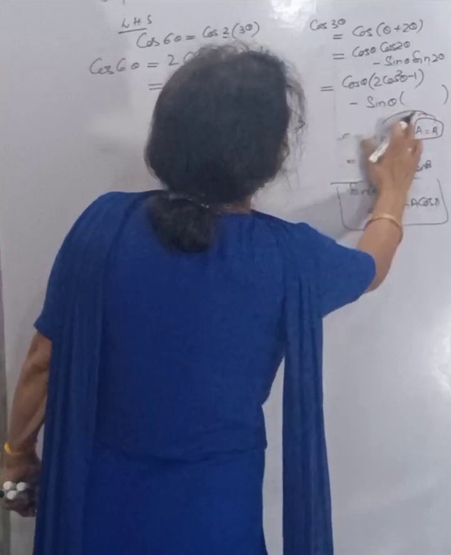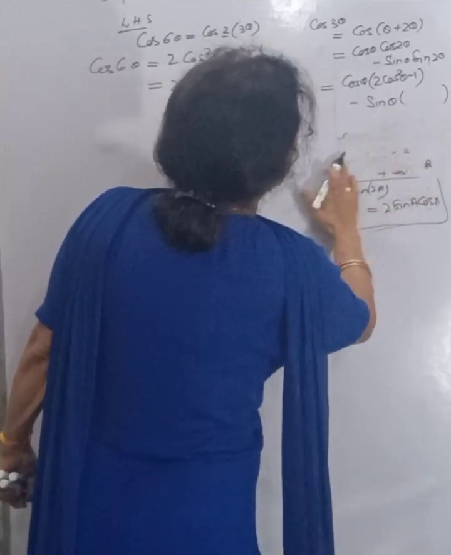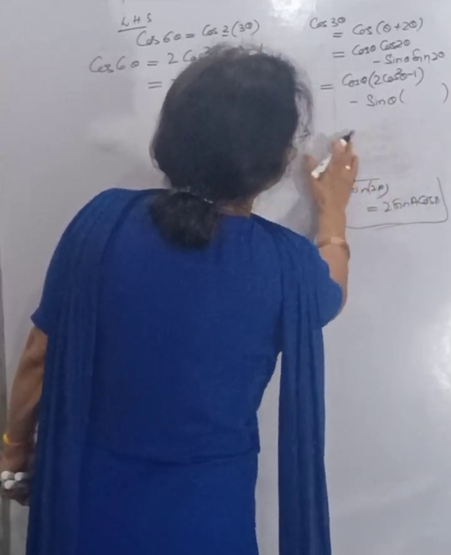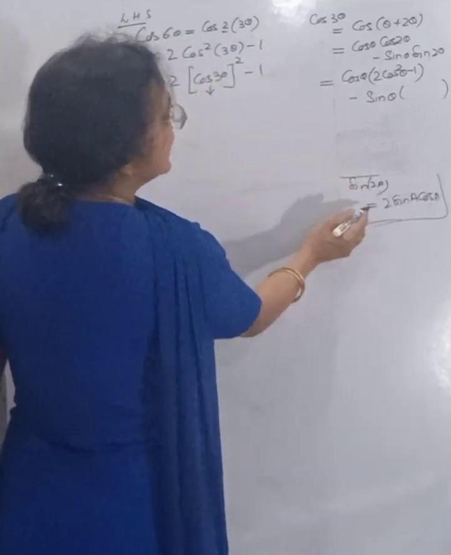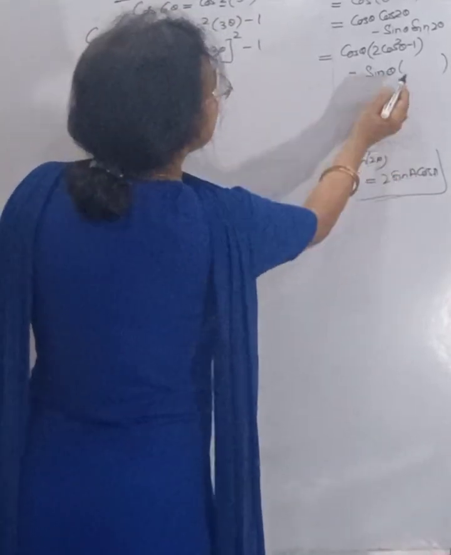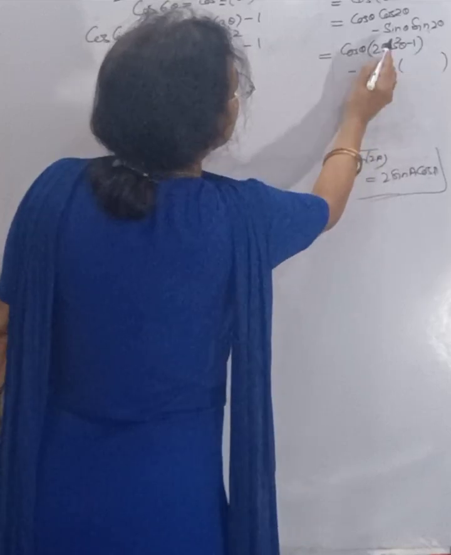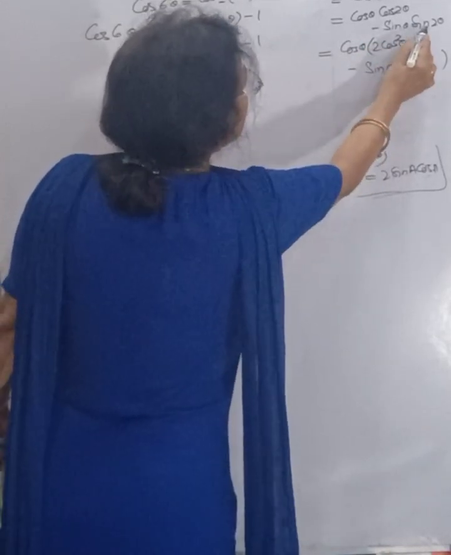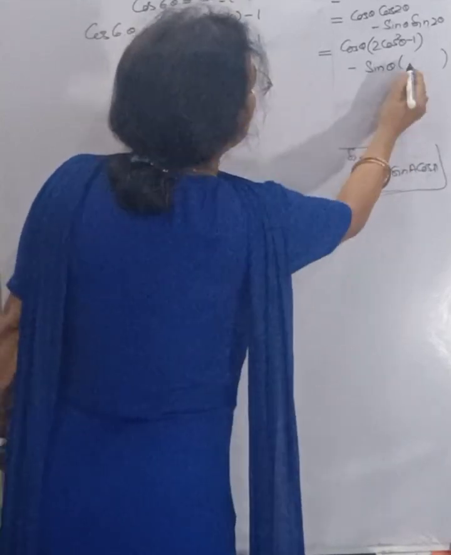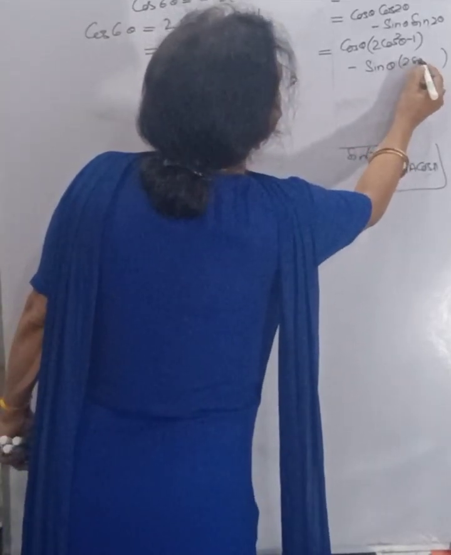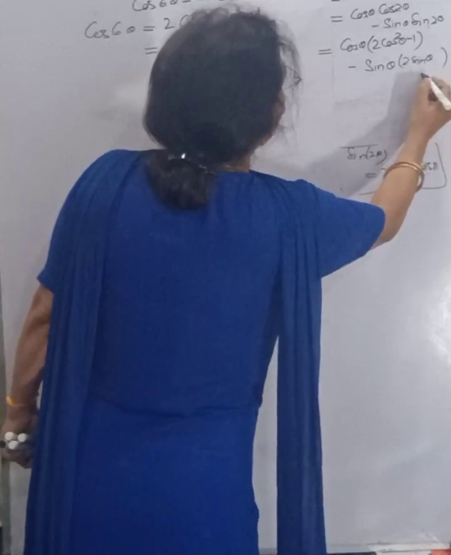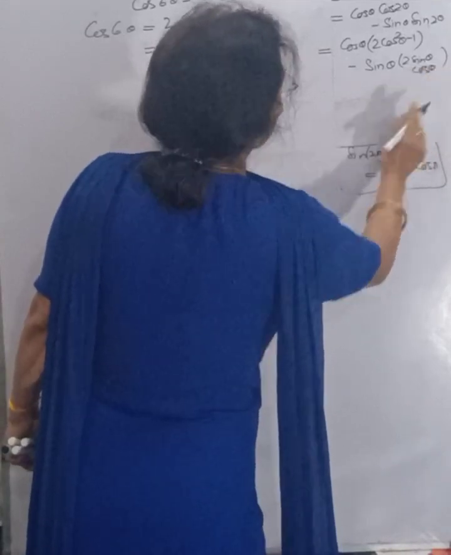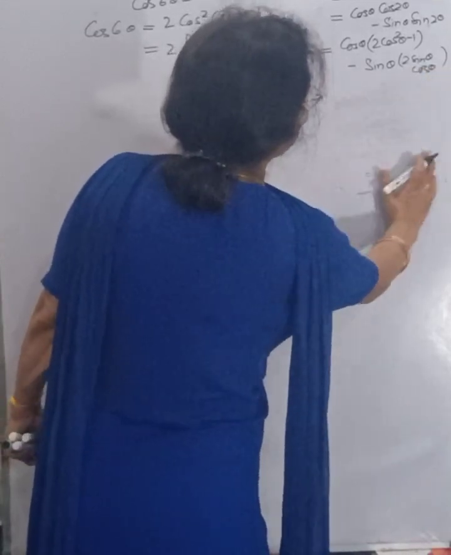Cos 2A was open. It means we have to put the value of sine of 2 theta, which is equal to 2 sine theta cos theta, in place of this. This is the multiple of sin theta. In place of sin 2 theta, by this formula we will write 2 sin theta into cos of theta. Okay, now we are going to run this.